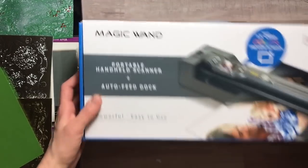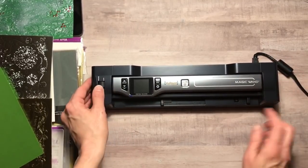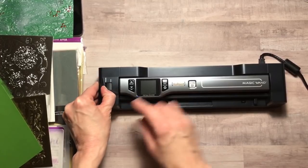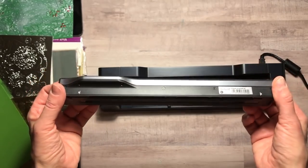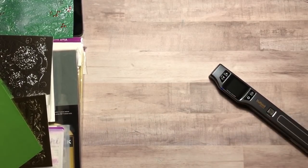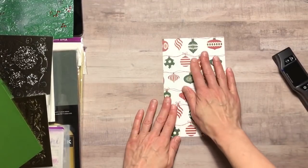Let me show you the actual item. So here it is. This has a little locking system here, and to release it, you just push it to the left, and then this will pop out. This is the magic wand that you use to scan. So let's just say I wanted to scan this